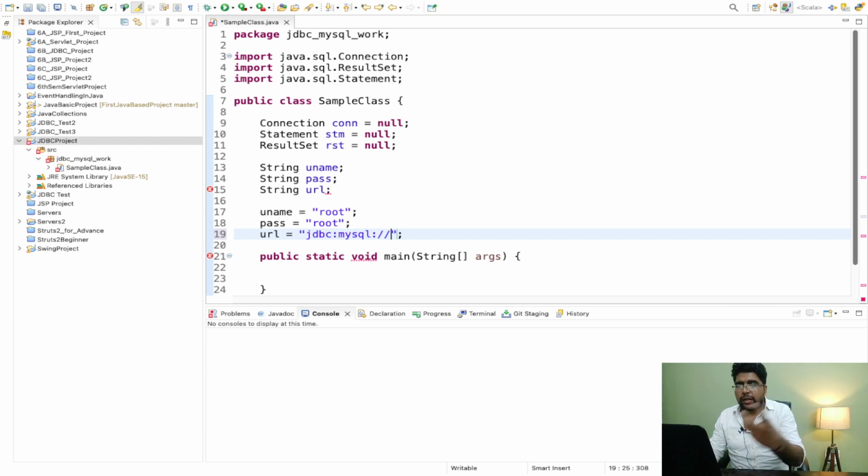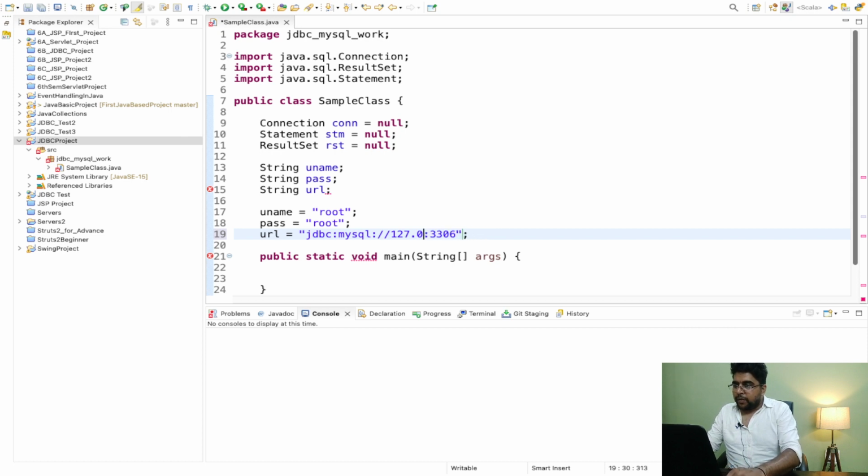So inside this MySQL, what database I'm going to use? So I'm going to use localhost. I need to provide the port number. So this is the standard port number to run your MySQL server. Whenever the server runs, it requires some kind of a port. So 3306 is the default port number for MySQL server. Localhost is the IP address of my MySQL server. Instead of localhost, you can write even this IP address